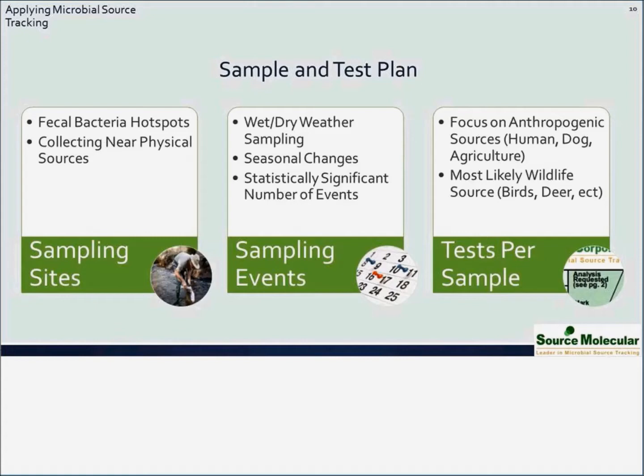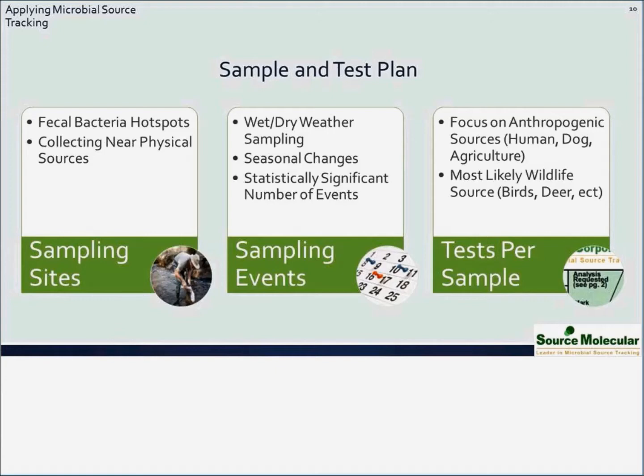Wet versus dry weather sampling tends to be regulatory driven, in that most people have a period of time or condition when they're monitoring for their, let's say, MS4 discharge permits or whatever else you're monitoring bacteria for. But then there's also seasonality. In a lot of studies, we've observed that seasonal changes do occur in pollution sources and bacteria levels. And so that's something you should be thinking about when setting up the number of events. And then finally, it's very important that you have a statistically significant number of